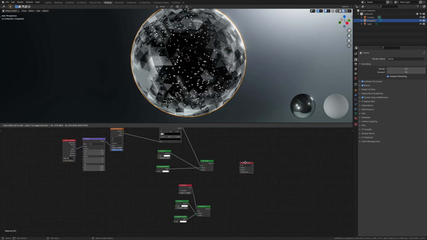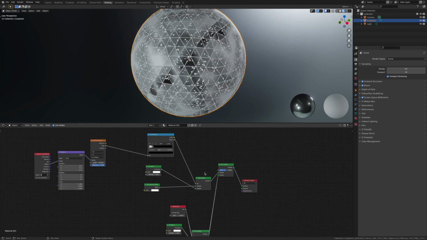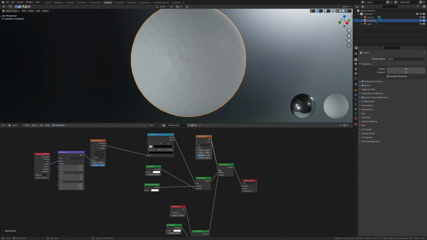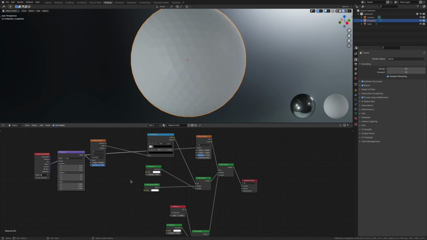So what we want to do is duplicate this, put this here, and connect the shader, and then connect the shader to the surface. And of course it's not really doing what we want, so we need to add in a noise and we want to connect the color to the factor. And let's get the vector and connect it to the vector. And now